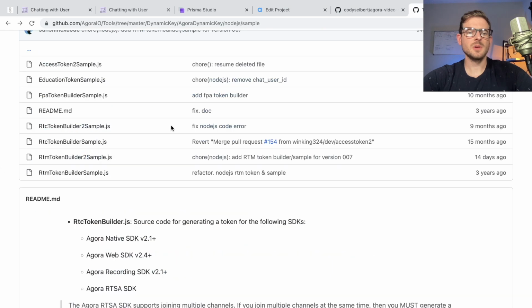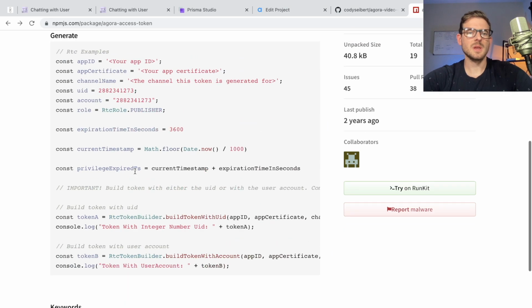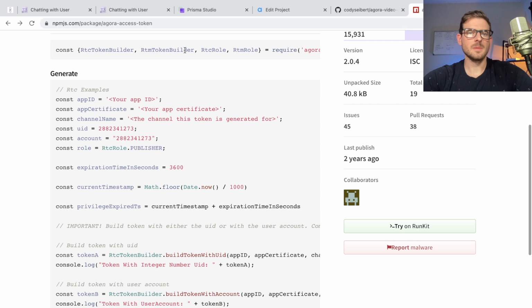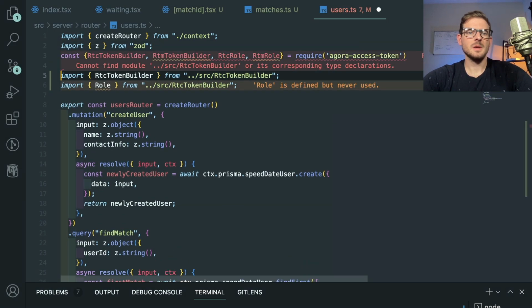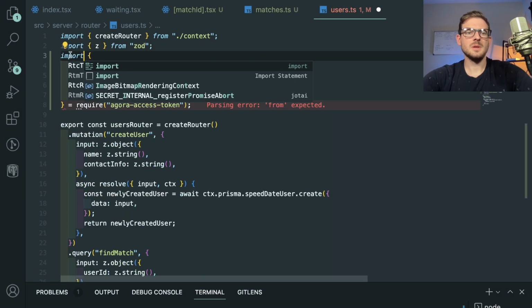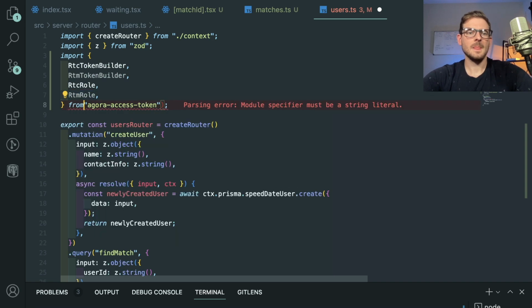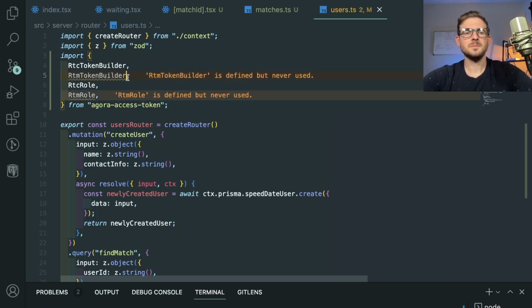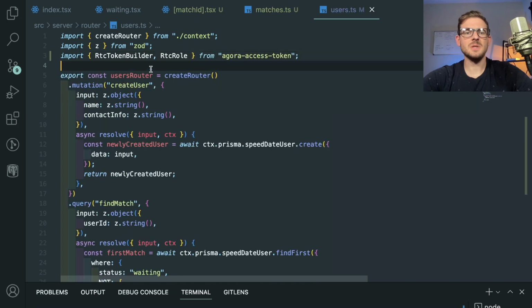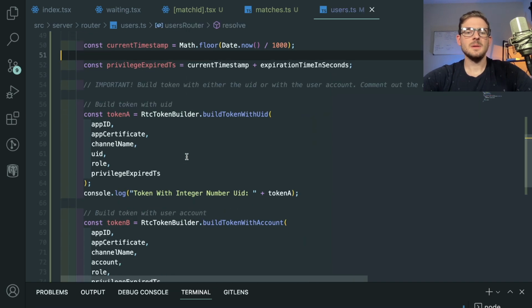Oh, you know what? I should probably go look at the actual NPM because I think I imported the wrong thing here. Let's import this like so, and I'll say from like so. And we don't want any of the RTM stuff. So now that we have the token builder,